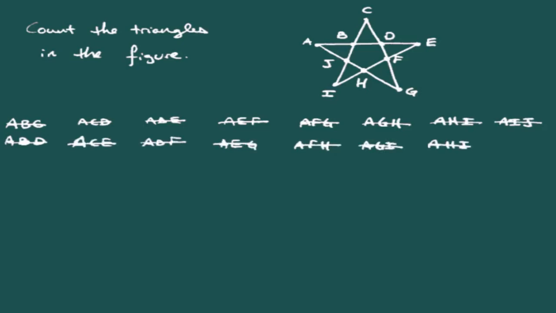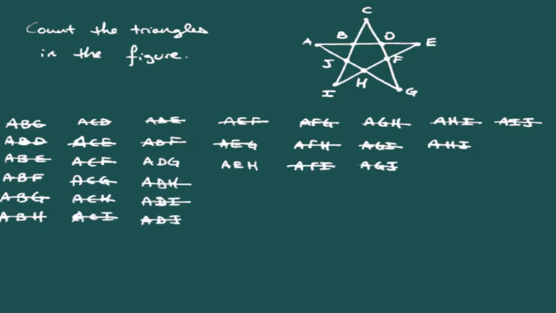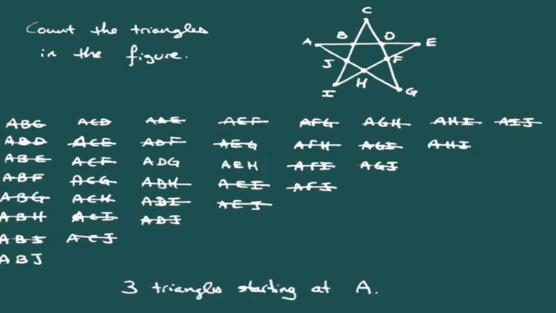Well, this one, our number of vertices is a lot bigger, and so we've got a whole lot more possibilities to try. But now that we've got a way of being systematic in counting those things, it may take us a little while to do it, but we can be confident that we can get all of them. So doing the same thing as before, let's start with the smallest vertex that we can have, and that's vertex A. So from that vertex A, let's write down all of our sequences of length 3